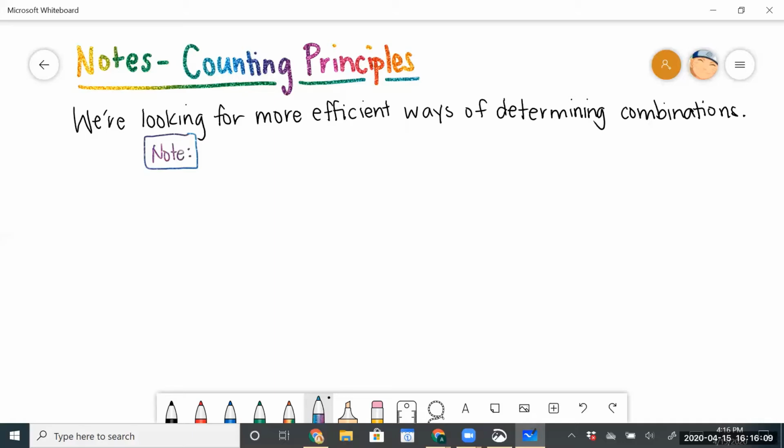So before I get started, I want to make sure that I give this disclaimer, okay? Terminology in statistics, specifically combinatorics, is often not standard. So what I mean by that is lots of different courses might use different vocabulary for these principles that I'm going to mention today. So in the future, when you guys are off in college and possibly taking a stats or a combinatorics course, it might be possible that you hear a different name for these principles, but they all work the same. So I just wanted to make that disclaimer. So again, terminology is not standard.